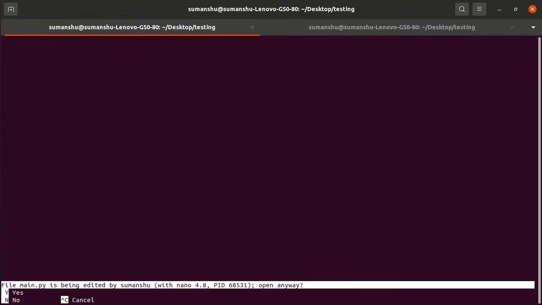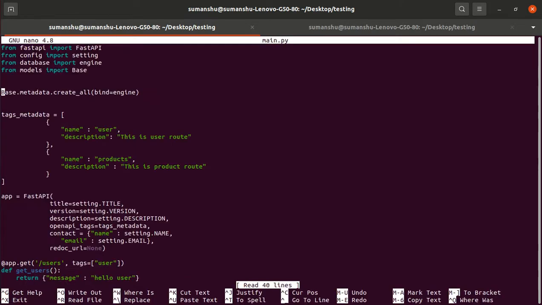Yes, so we are telling the base to read the metadata, and once we read the metadata, we tell it to create all. Whatever changes there are, it will investigate and find them. It doesn't mean that it will drop and recreate every time. No, it will not work in this way. Suppose I put some entries into the user table and rerun this application, the entries which I have made into the user table will not get deleted. Even though I have not tested it, I think this should work only in this way. We will see in the coming videos.